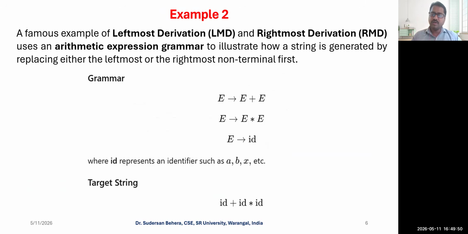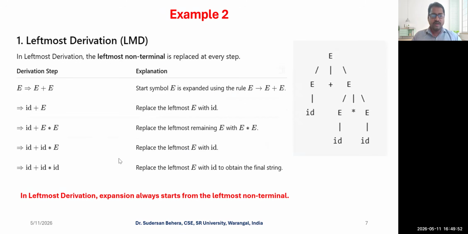The target string was ID plus ID into ID, and what you got here? ID plus ID into ID. Okay, so this is the final. You cannot expand further. Everything is terminal, and terminals do not have productions, so no need to expand. Terminal is nothing but the input token. So now what you did in the derivation process,